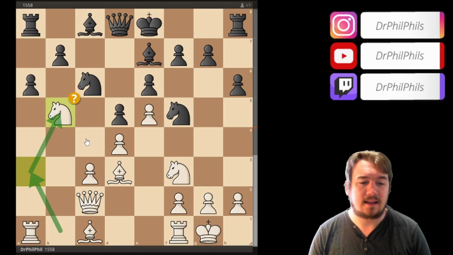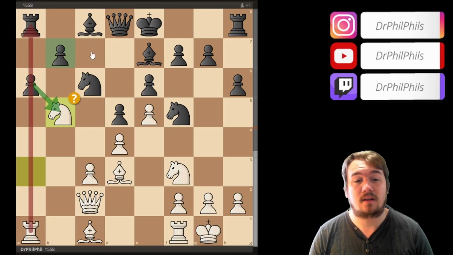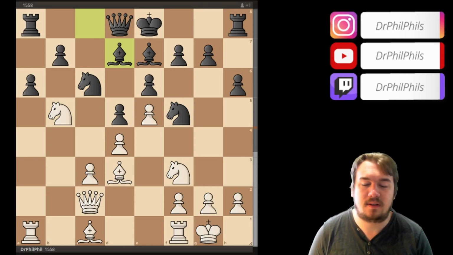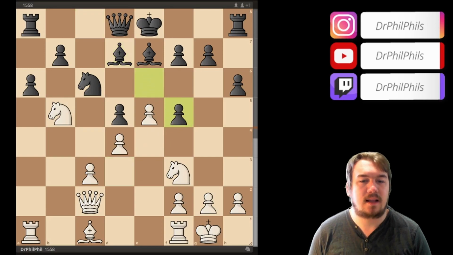You develop the knight like this, and the pawn can't really capture because the rook is hanging as long as this bishop is not developed yet. So to solve this problem, he develops his bishop now. Bishop takes bishop d7, and now first before moving the knight, bishop takes f5, e takes f5, and now after